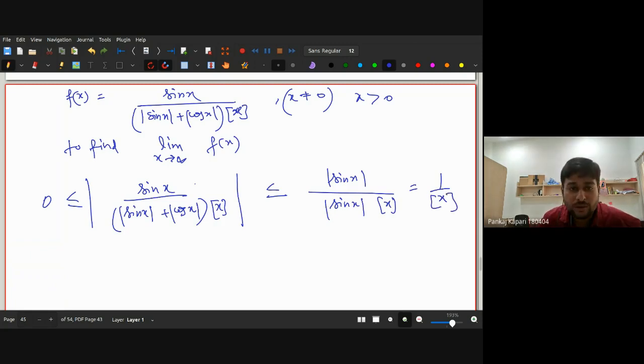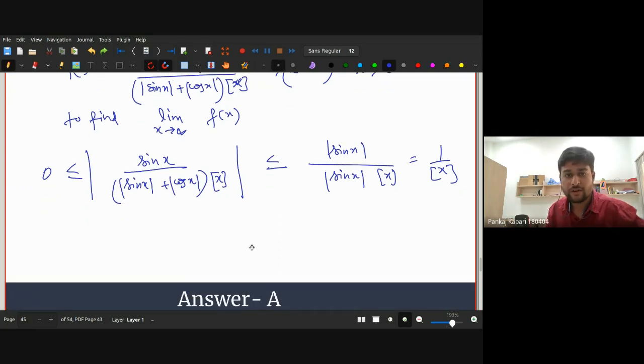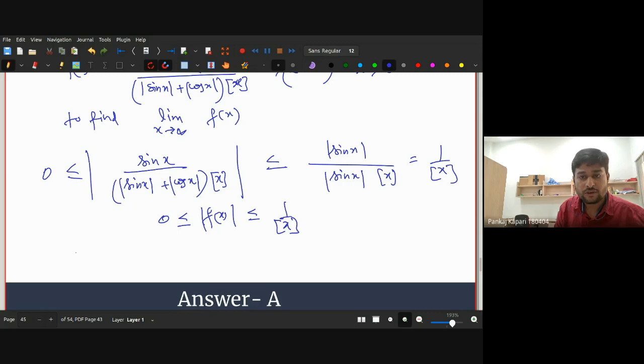You can just prove that this function lies between minus 1 and 1. In particular, when you take a modulus, our function f(x) in modulus lies between 0 and 1 over mod x. Now note that the limit as x goes to infinity of 1 over mod x is also 0, right? Because when x becomes large, 1 by mod x becomes 0. And therefore, by the sandwich theorem,